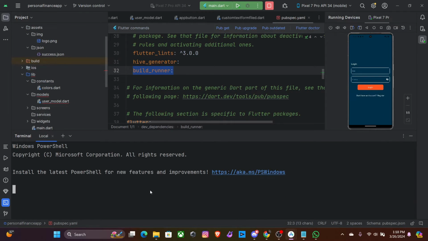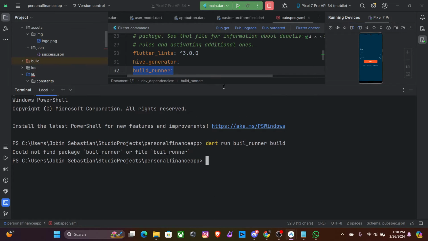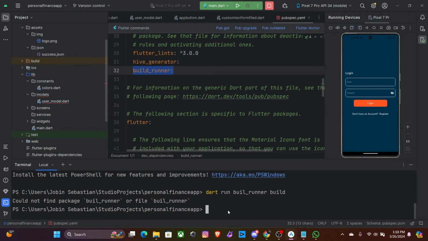Okay, so go to terminal and make sure that you are inside the current path, and your path is exactly the same as this, and that means you are inside this project. And you can run something like this. You can have dart space run, and you can call the build runner, build underscore runner space build. Okay, press enter. Then if everything is okay, this command will run, but it cannot find the package, and I just misspelled it, so make sure that your spelling is correct. Okay, I just missed a D here, build underscore runner